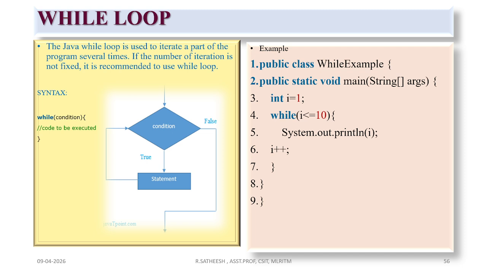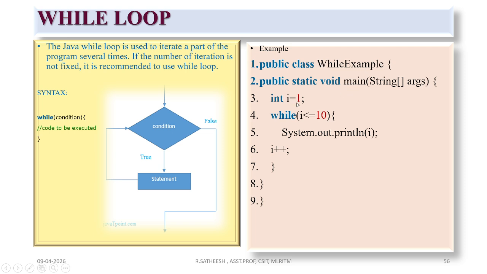So the first one is the while loop. In Java, the while loop is used to iterate a part of the program several times. If the number of iterations is not fixed, it is recommended to use the while loop. Definitely, we need to fix how many times it has to be iterated. Fine. So in the while, we need to mention the condition, and based on the condition it will be iterated. So coming to the program, yes, this is the class name, public static void main, and then int i